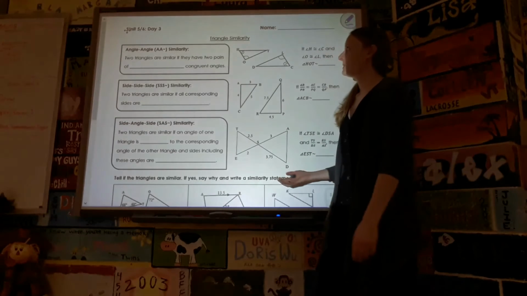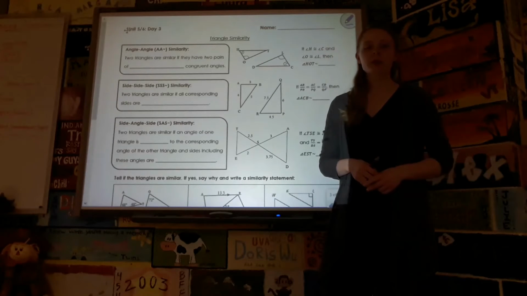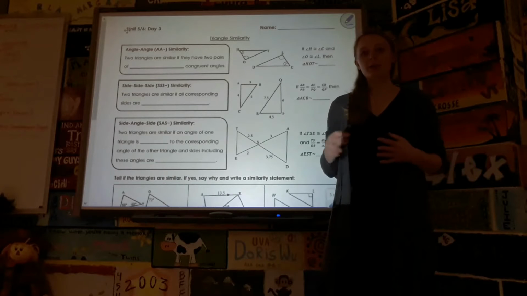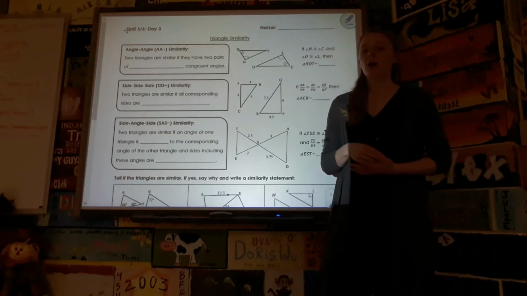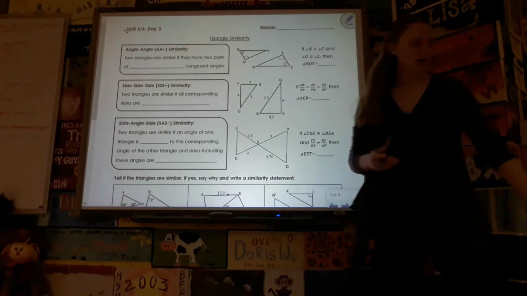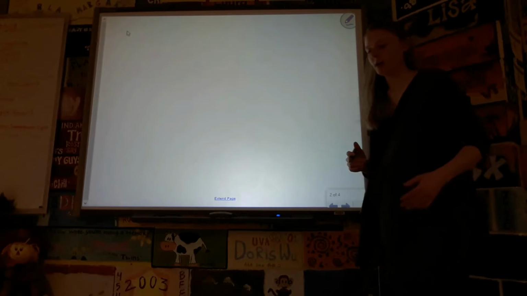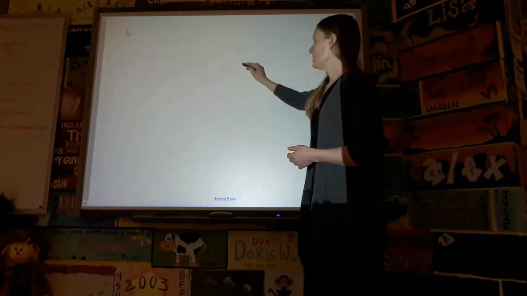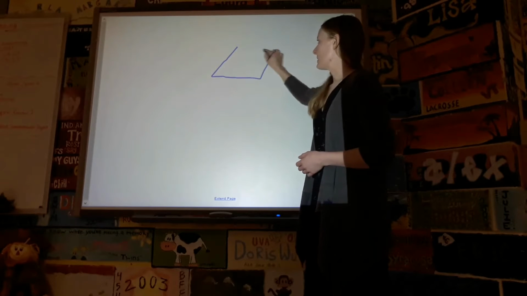For lesson 3, we're going to be talking about triangle similarity rules. These are shortcuts to prove that triangles, specifically triangles, are similar using the least amount of information possible. We talked about similarity in general on day 2. So we might have pictures like this,